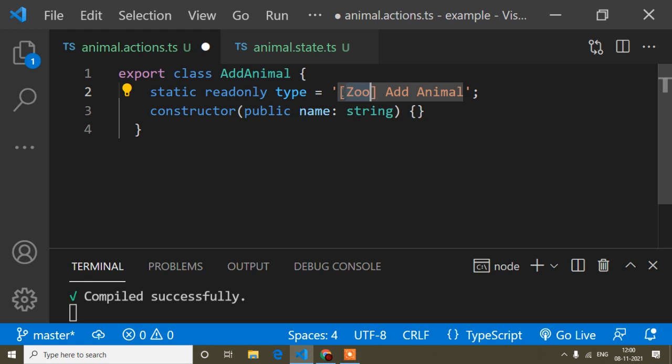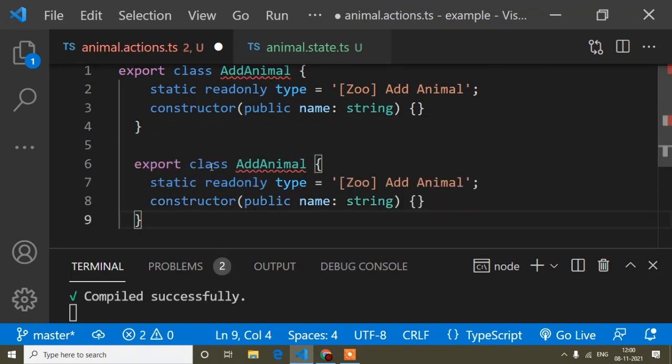And this action is used for add animal. In the same way we can update an animal and delete an animal. So when we work on delete animal, we can just export class, and instead of add, here we write delete.